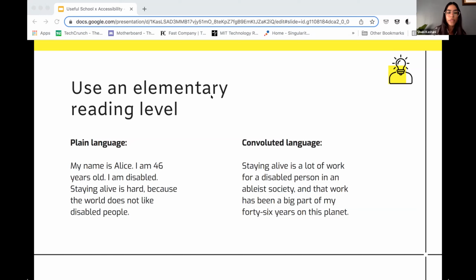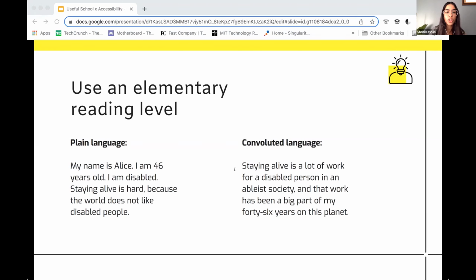Obviously, it's best to avoid abbreviations where possible so that people understand without a doubt what you're trying to say, or at least the very first time, tell them what the abbreviation stands for. And then it's also worth noting that